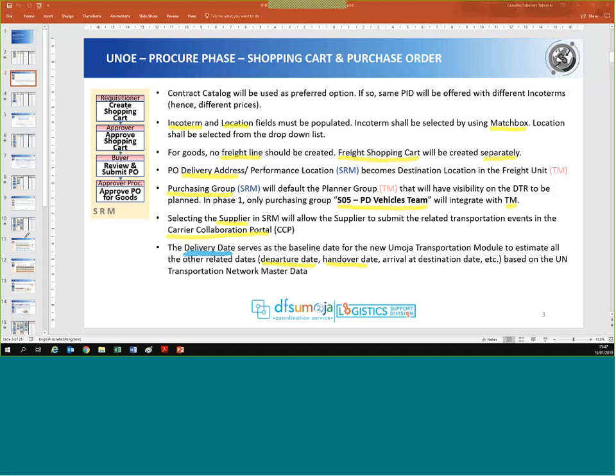Okay. So that's in regards to the shopping cart and PO. In here, you have only the fields that will become important when we move to TM, but we still need to consider all the other fields, right? Like for example, the plant, the storage location. All the fields that you are currently populating, you still need to take care of them. Like for example, account assignment, and if it's an asset or not, the asset master record. But in here, you have the fields that become important now that we are moving to and integrating with the